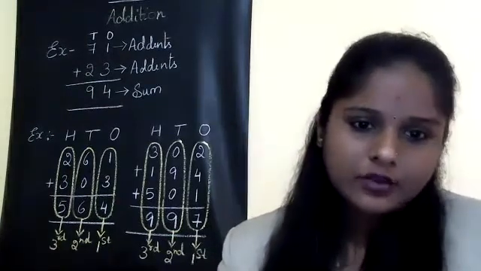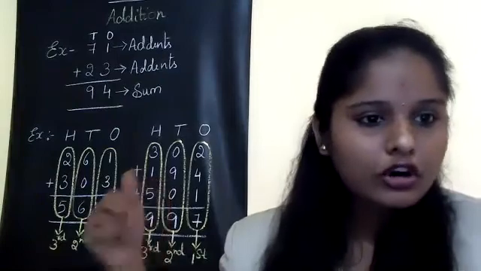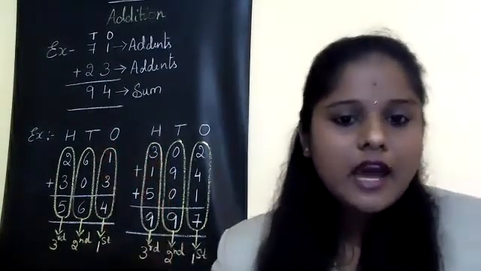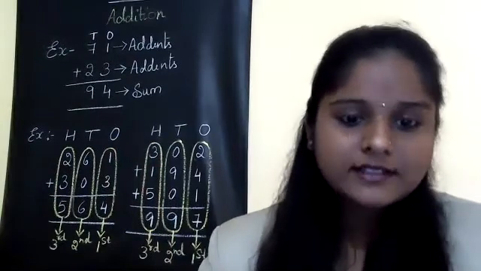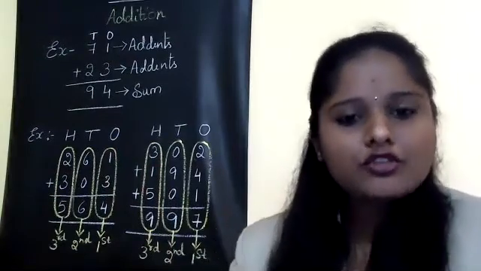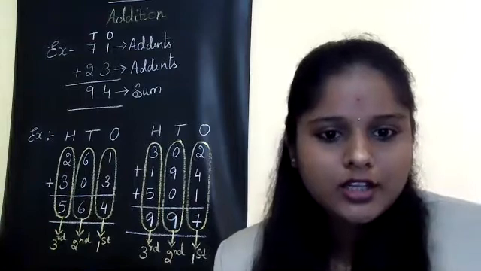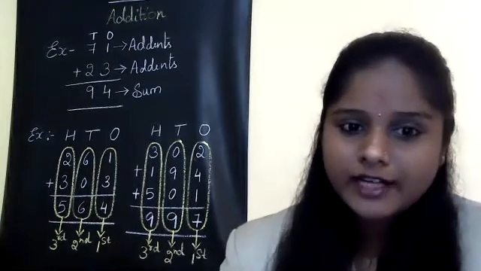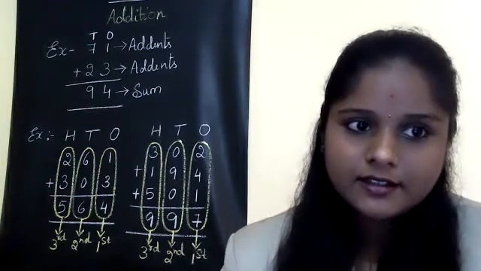Isn't it? 3 is in ones place, so we have written below O. 2 is in tens place, so we have written below T. Now, the next step is addition. So, how to start the addition? Should we start it from the tens place? Is it right if we start it from the tens place?